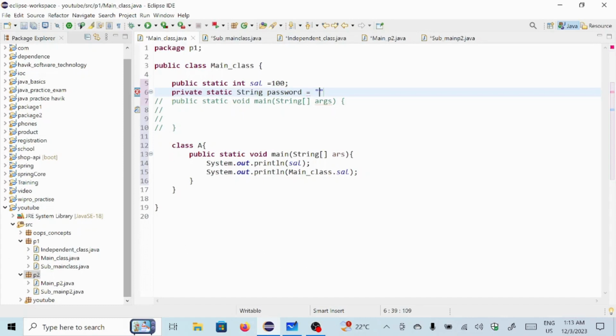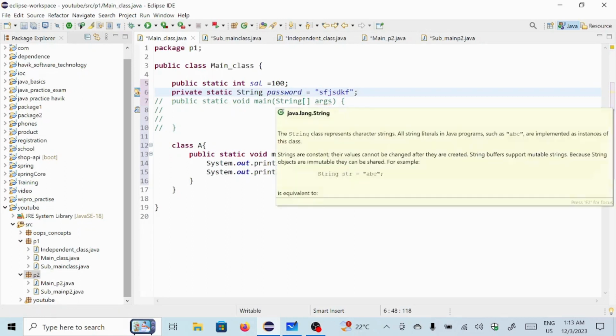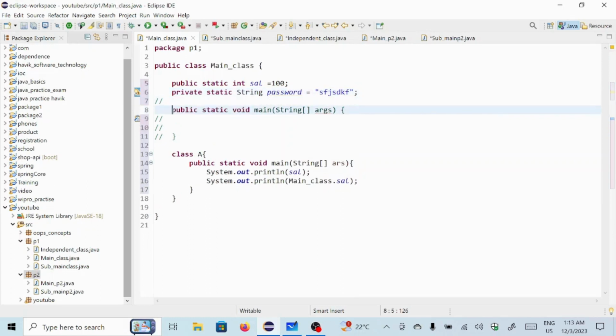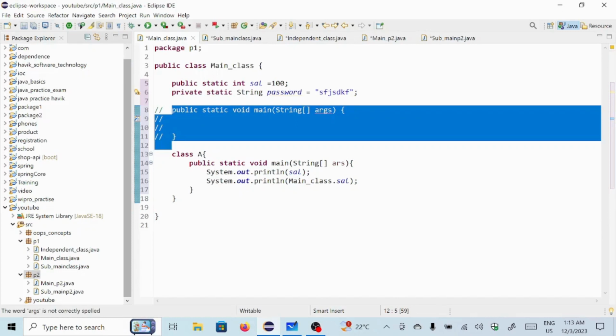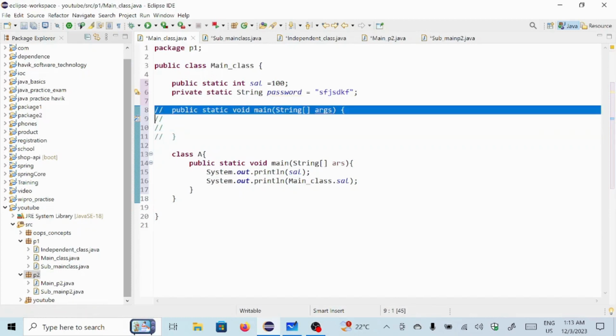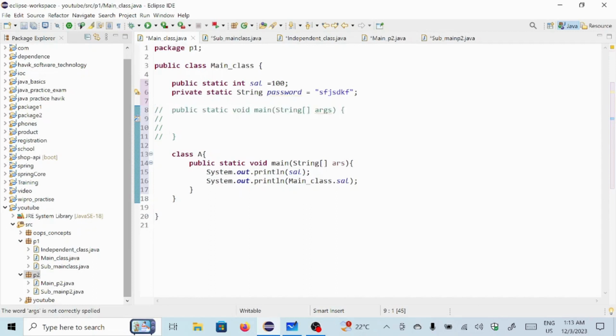So I will write something like this. So this is my private member. According to our statement which we have learned, a private member can be accessed only within a class. So I will try to access it within this class. Okay, so I will remove this comment